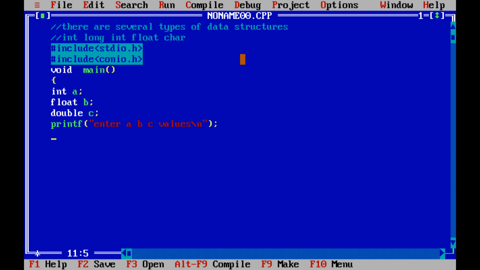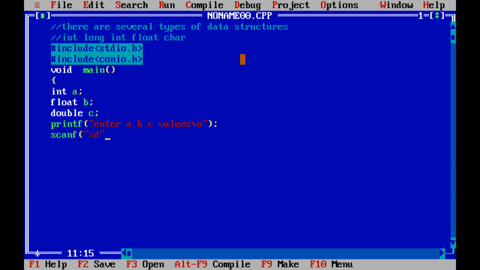Then the compiler needs to know the addresses of these variables. For this, the compiler needs to read these values. The syntax for that is scanf. For int, you need to use %d.